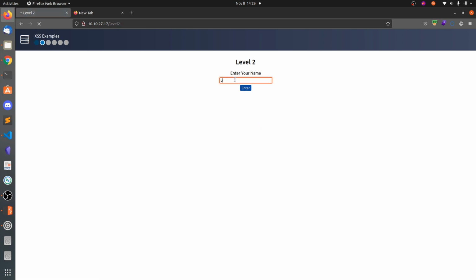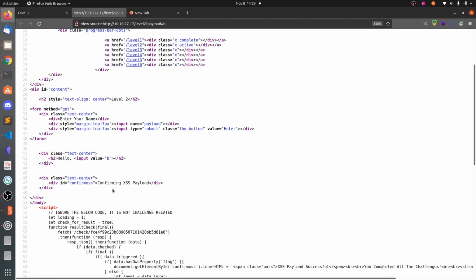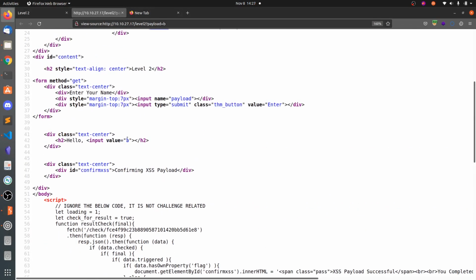In a similar manner, enter your name, and here you can see "Hello", a text field, and B. Press Ctrl+U, so you can also inspect and see the source code. Okay, you can see hello, input value is equal to B. Whatever I put here, there is one quotation on the left side and one quotation on the right side.